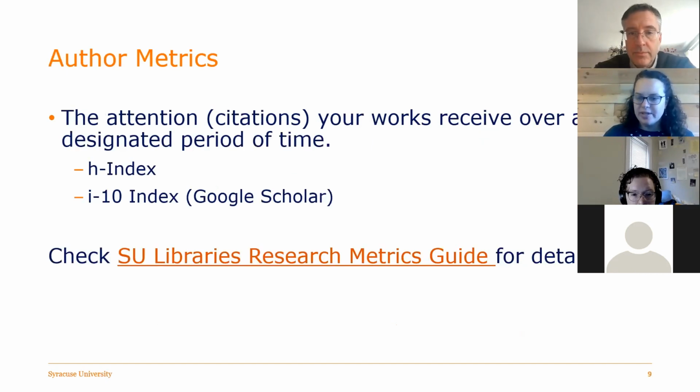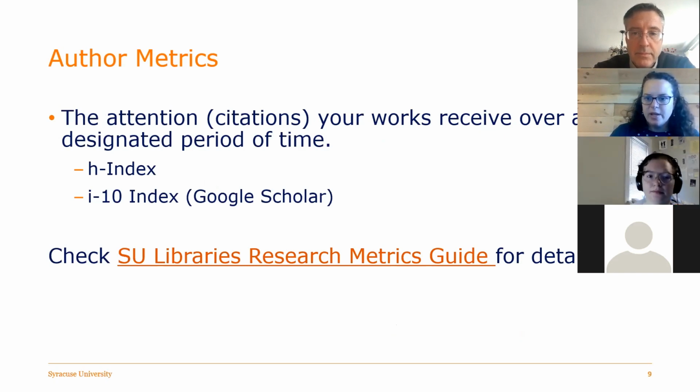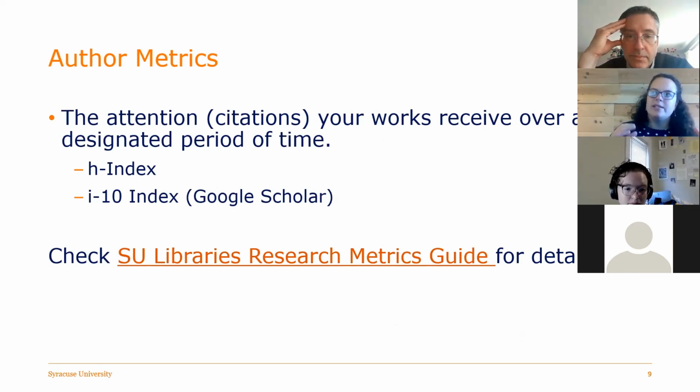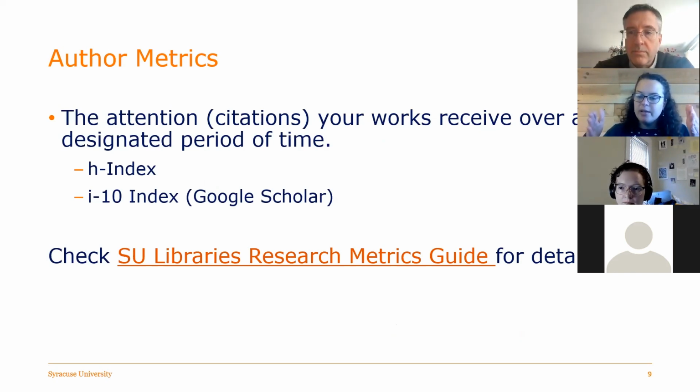Author metrics, I mentioned this briefly before, but a common one that you'll see is the i10 index and the h-index, and those are pretty common across disciplines. So basically what they're looking at is the attention your works receive over a designated period of time. So the i10 index, for example, in Google Scholar, they're looking at it over a certain period of time, but they're looking at any publication that receives 10 citations